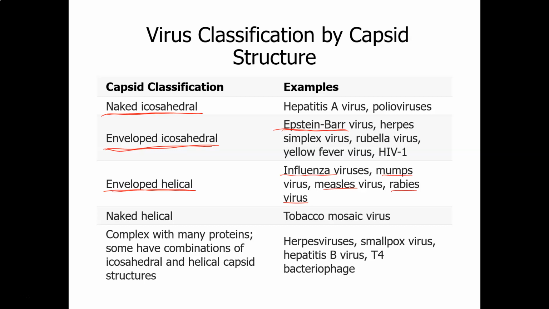Then we have naked helical viruses, and the tobacco mosaic virus is our main example of that. And they just don't have an envelope around them. It's just the helical shape without an envelope. And then we have complex shapes. Sometimes a combination of icosahedral and helical capsid structures. The head and tail